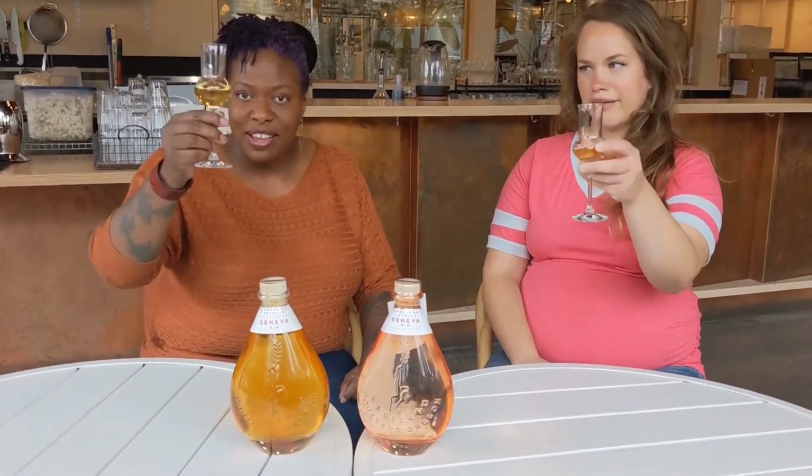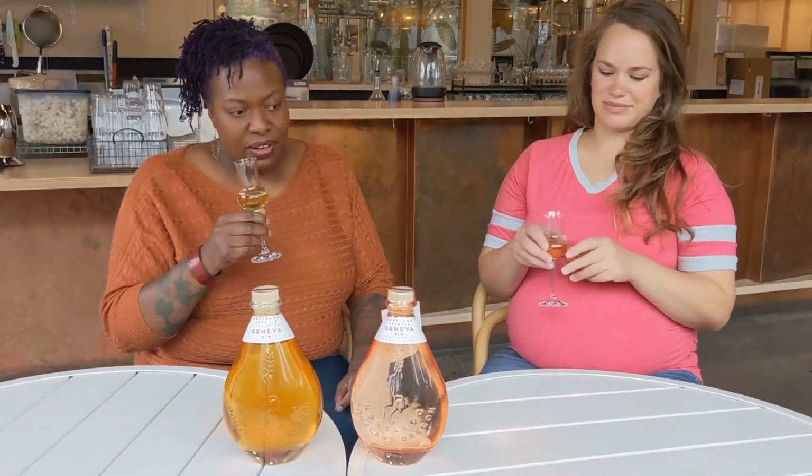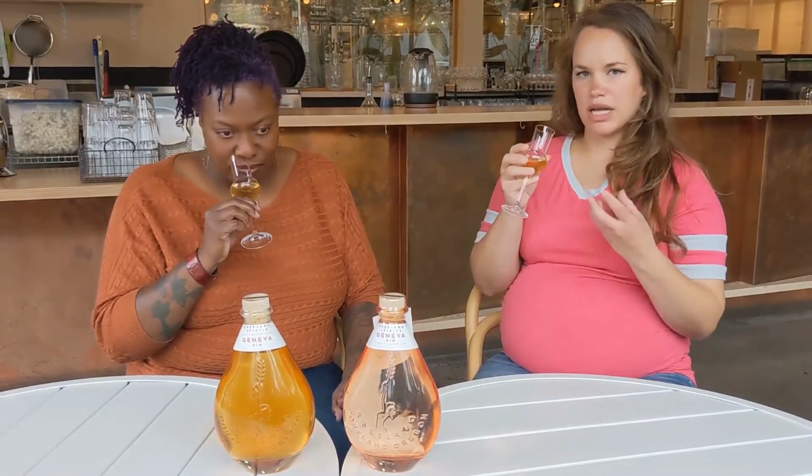We're going to give it a quick taste here for everybody, so you can get cheers, and then we'll get out of your hair. There you go. So first thing you get, it smells like the Geneva. Really? But a bit more sweetness on the nose, actually. Yes. So there's a component we put in the Geneva recipe as well called licorice root, which gives it a nice texture. It's part of the reason that it also has a sweetness with it, and then paired with the honey itself, it really just makes it more of like a golden,